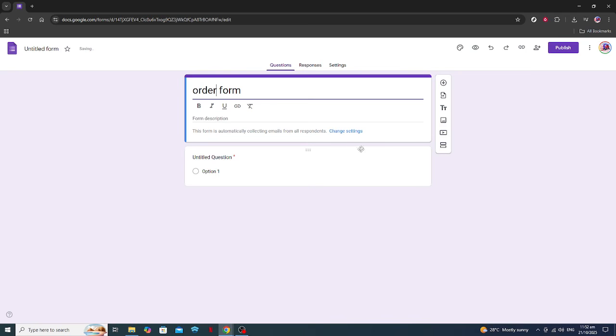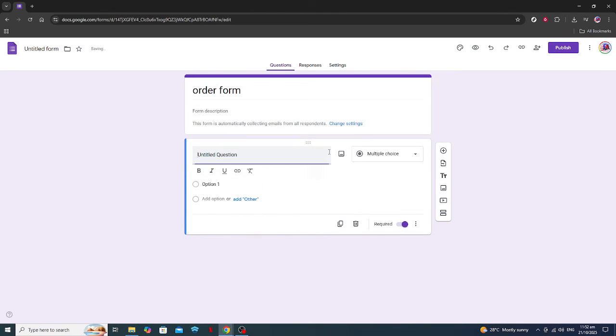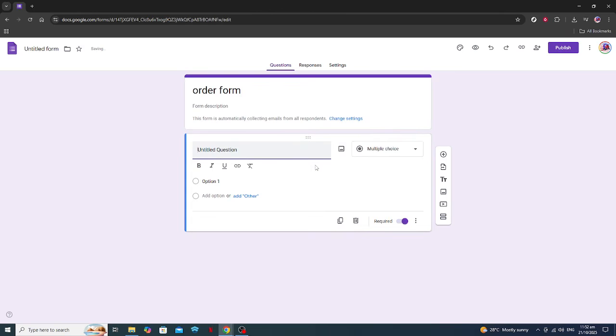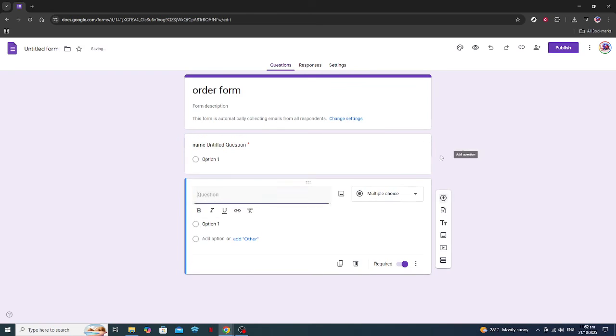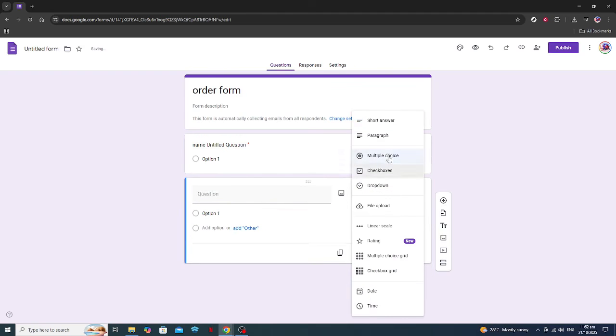Now, it's time to add your questions. Think about the information you need to collect. Common fields include the name of the person ordering, contact information, and specific details about the order itself. To add a question, click the plus sign on the right-hand toolbar. You can choose the type of response you want, such as short answer, paragraph, multiple choice, or checkboxes, depending on